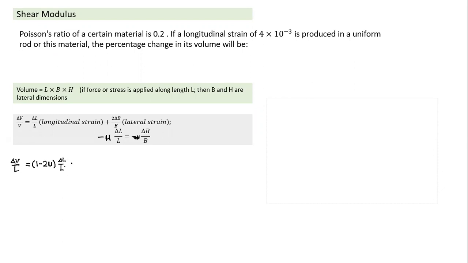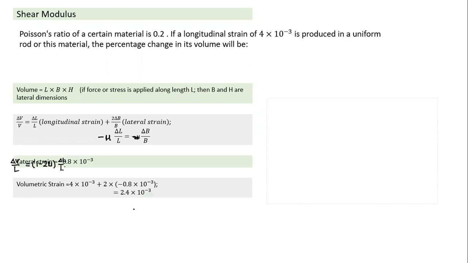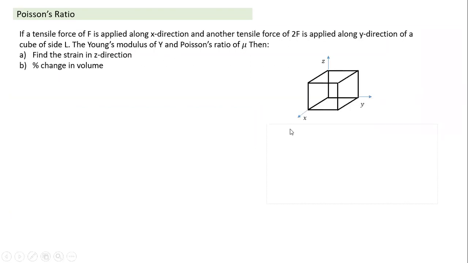But in this case, force is applied only in one direction. We can have one more variation here. Lateral strain you can calculate, and volume strain also can be calculated. That's okay. Percentage change in volume can be easily calculated. So percentage change 1 minus 2 mu, very easy. Let's take one more variation of the same. In this case, tensile force, not only one direction. What happens if force is applied in two directions?